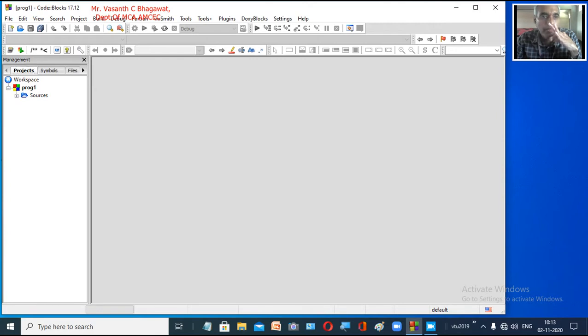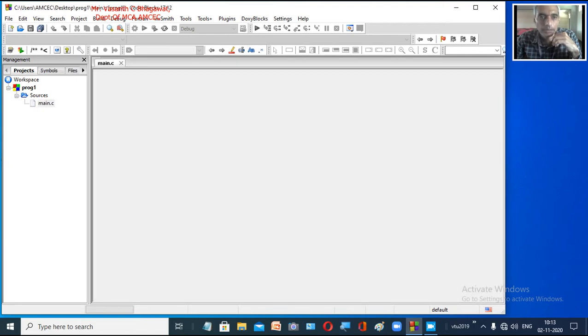Now here under the projects you have sources, right? So this is the name we have given for this program 1. Now under the sources, if you click here, you can see main.c. Now this is our file. Now double click on this main.c. So now you can see our main program, which Code Blocks is going to give us by default. So let us wait, since